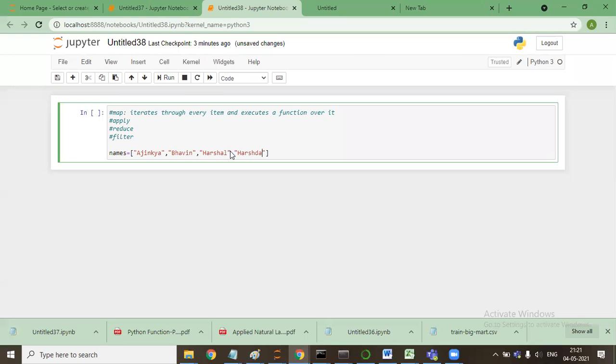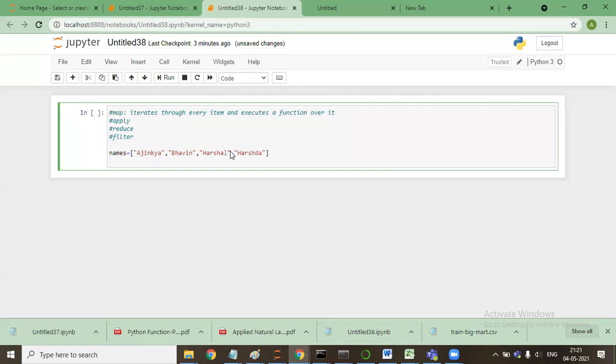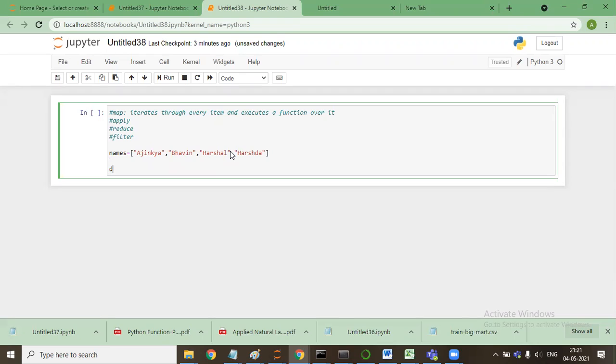Harshda. Okay, I've taken these 4 names. And I make a function. Let's example, I make a small function over here. def begin.